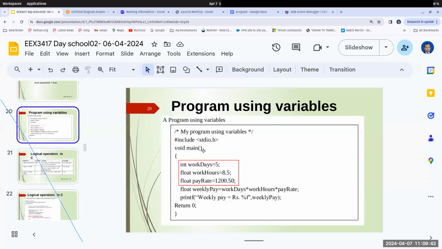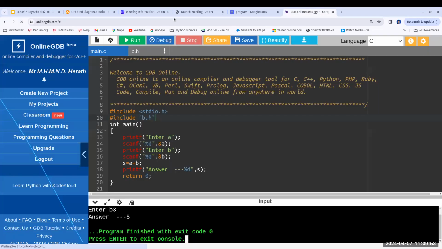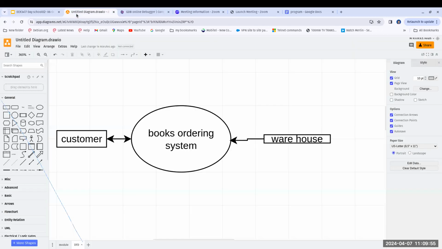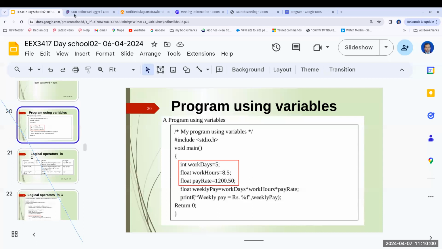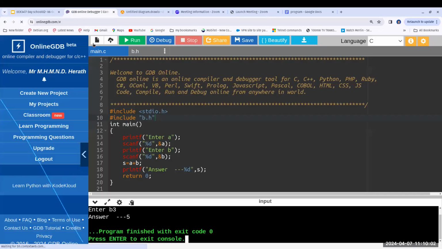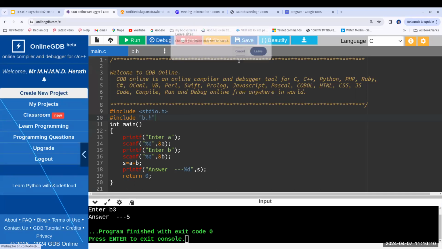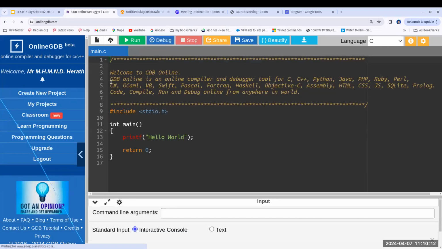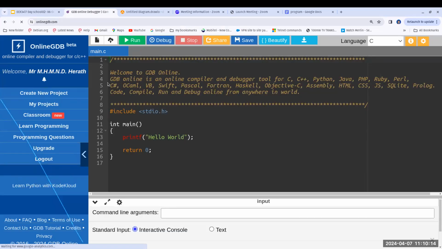Now we will write this program. In this program, we will create a new project. And in this one,